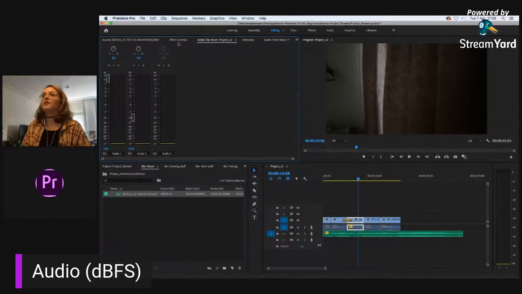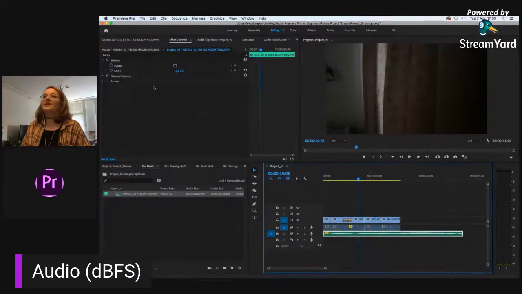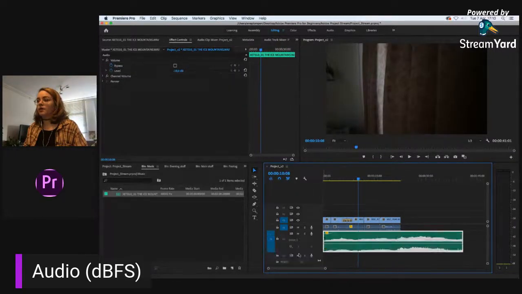You can also go to effect controls, highlight your clip, and then here there's also a level volume, and you can also animate it. This is what I was talking about when I was extending this. You can use the pen tool to create keyframes. This might be a little bit too advanced if you've never used an editing software before. You can always Google more into keyframes, but this will mean that I can now